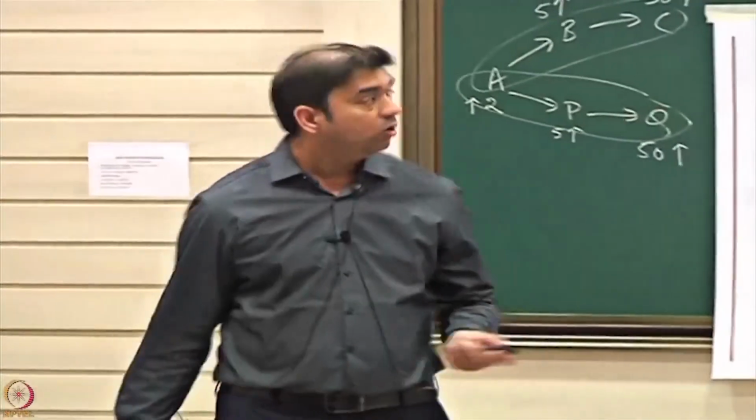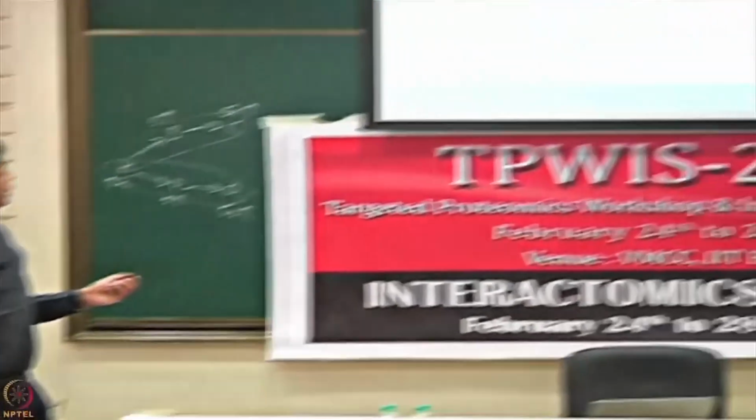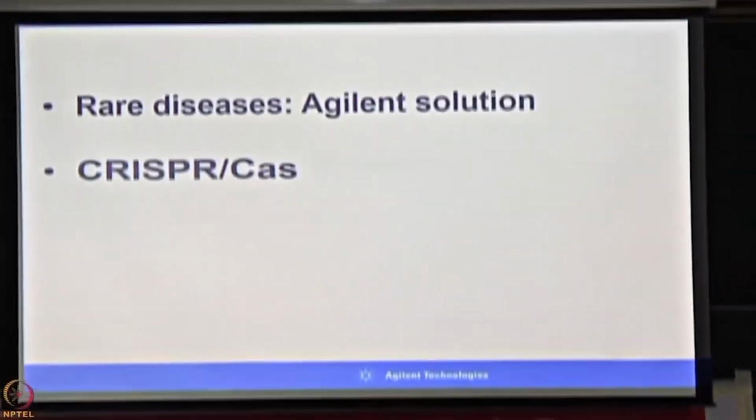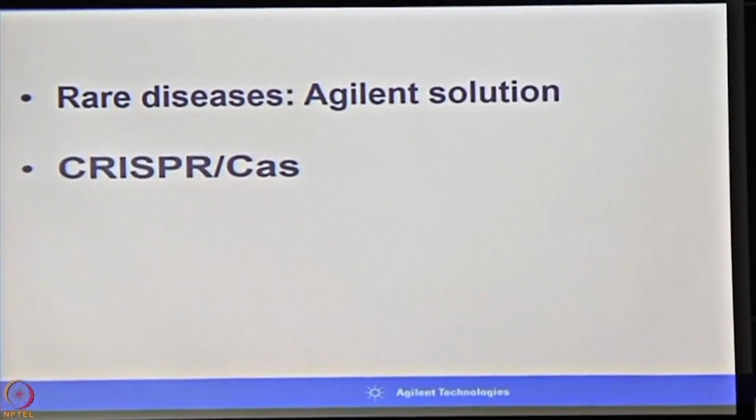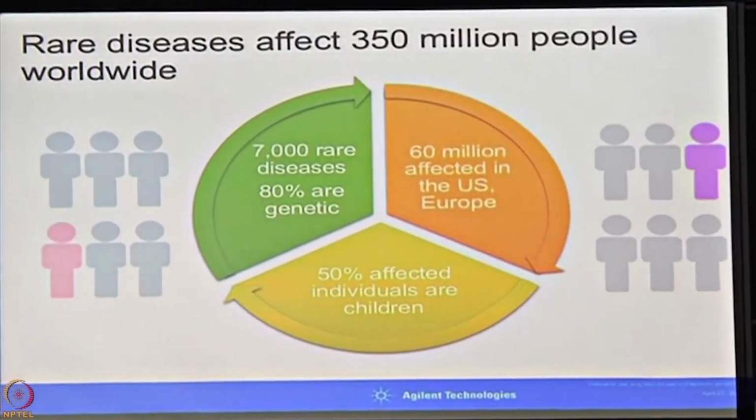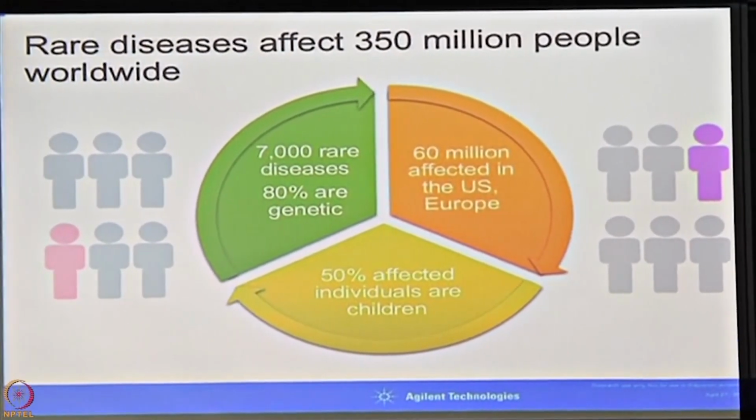It's going to cover some background of rare disease, and then I'm going to talk about some part of CRISPR-Cas, how basically it can be utilized for the treatment purpose. So what are the rare diseases? Rare disease basically